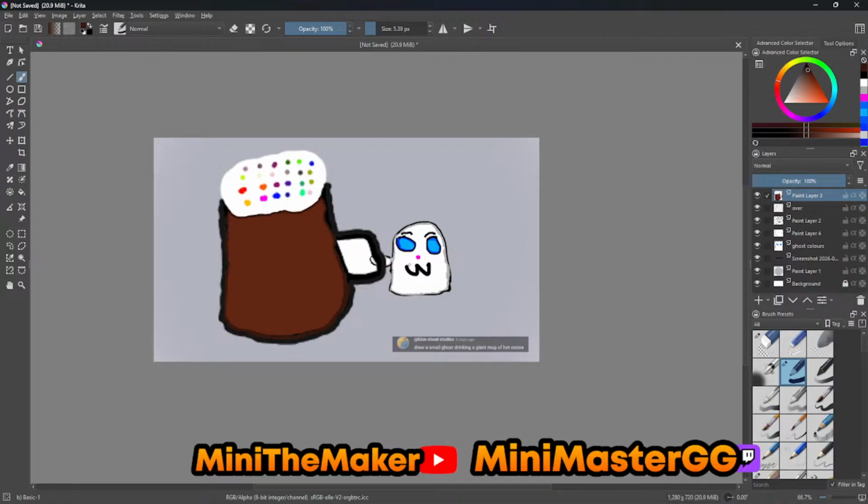I think the initial ghost is done, like with the drink and everything. Maybe we can do a background now, but I'm gonna do like a greyish colour because I wanna do